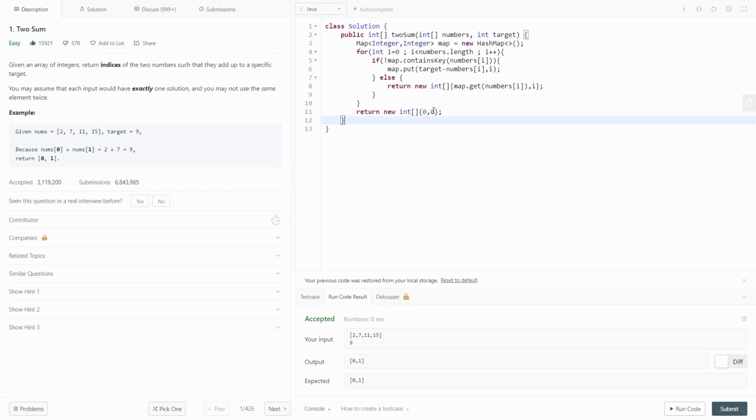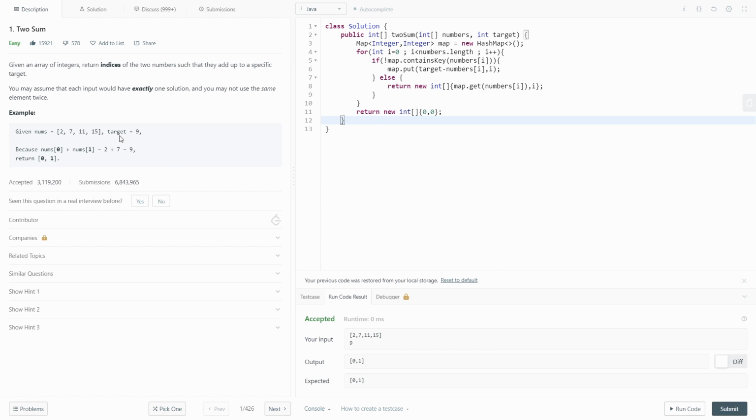Then for the second iteration, when i is 1, we check if map contains nums[i], if our map contains 7, and now it does. So it will go into the else part and return an array of map.get(nums[i]), which in our map is the value of key 7, which is 0, because 9 minus 2 is 7, and i currently, which is 1.